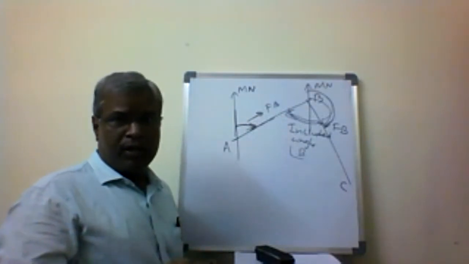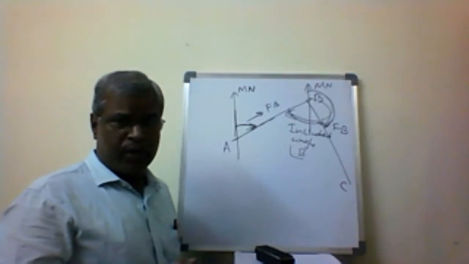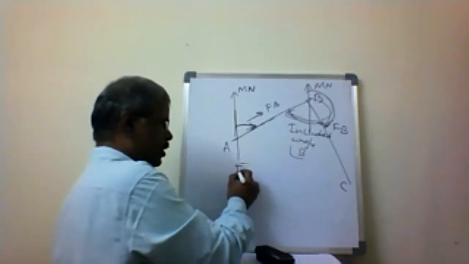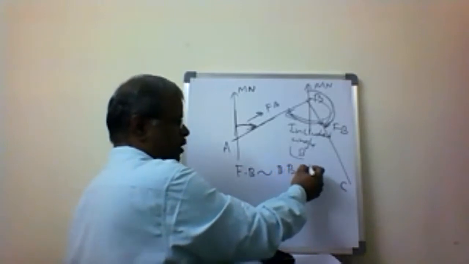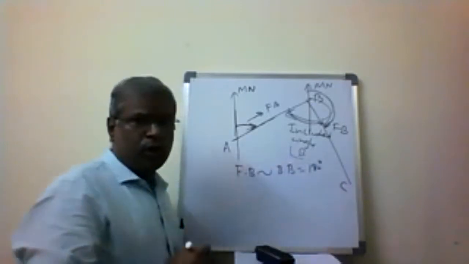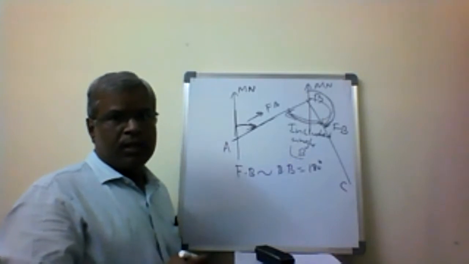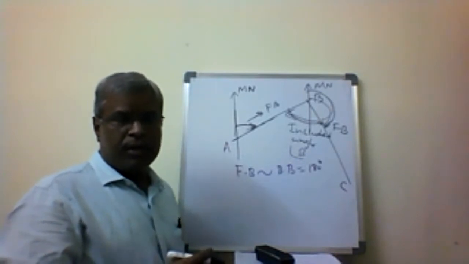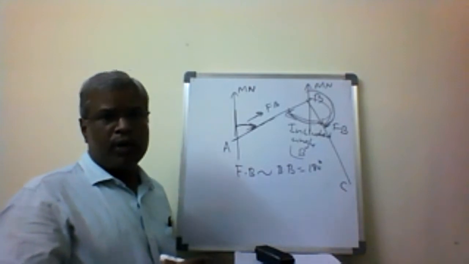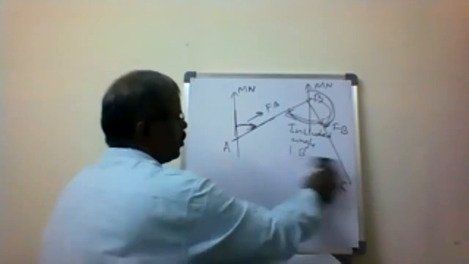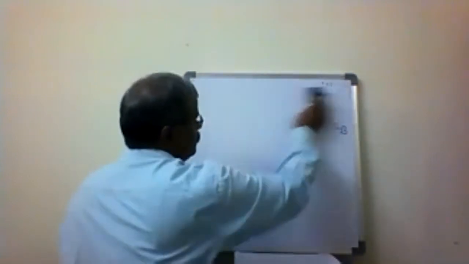For every line, one is the forward bearing and another is the backward bearing. The difference of the forward bearing and backward bearing is equal to 180 degrees. Like that, the traverse is carried out, and we measure the bearings. From the bearings, we calculate the angles. So now we are going to come to the declination.